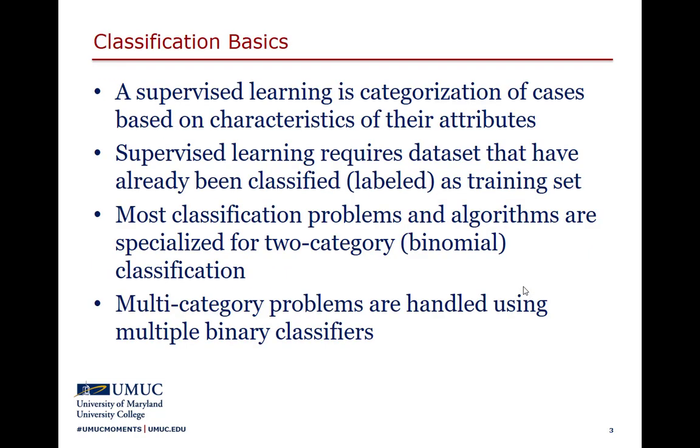Okay, classification basics. Classification is a type of supervised learning where you have an annotated training data set and you apply a learning algorithm for estimating the data generating process. Okay. So the key in supervised learning is you have to have labeled, manually annotated target variables, which we call the training set,